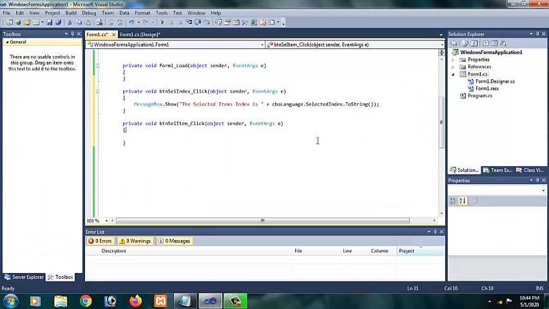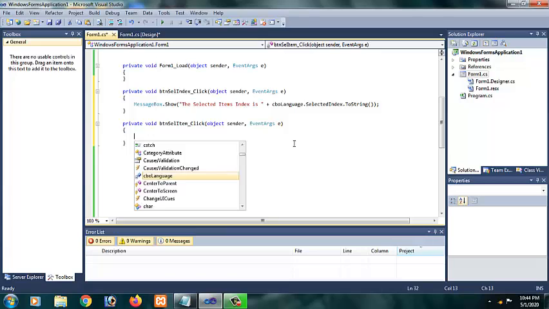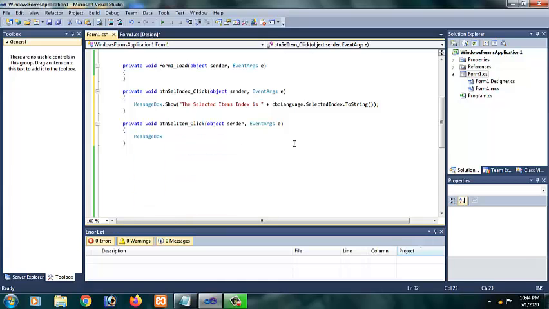Next, the item's name. Again the same, MessageBox.Show. Here, the selected item is.